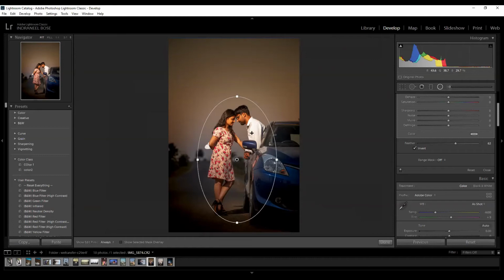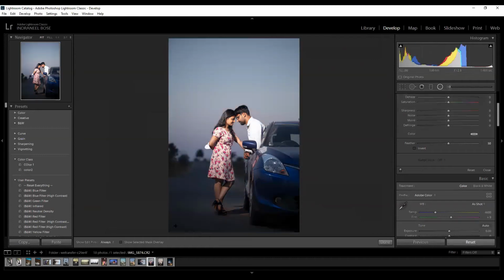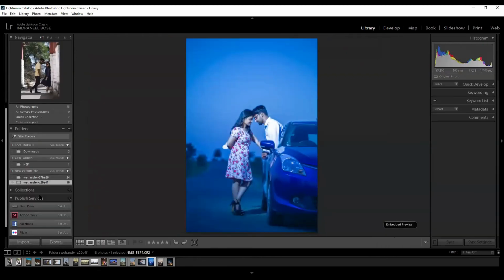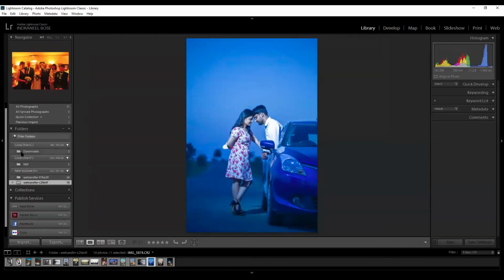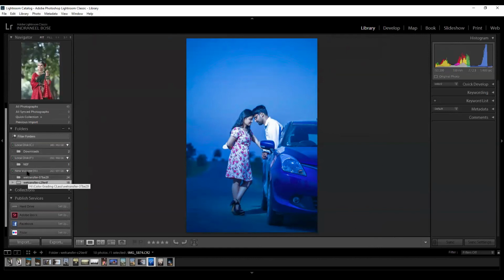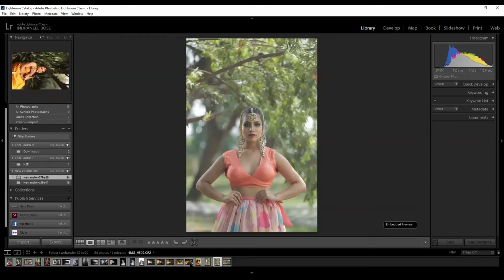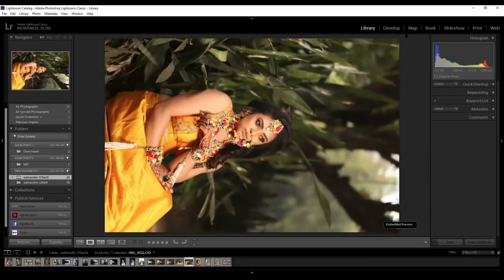Now, how can we manage depth of field? Suppose this is an image.